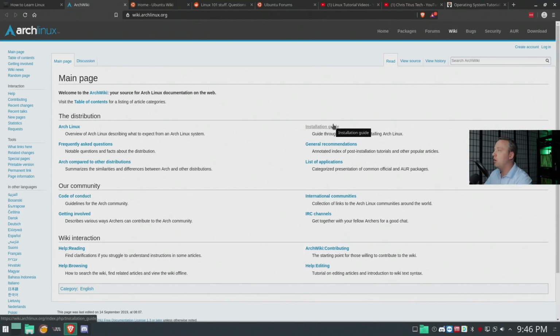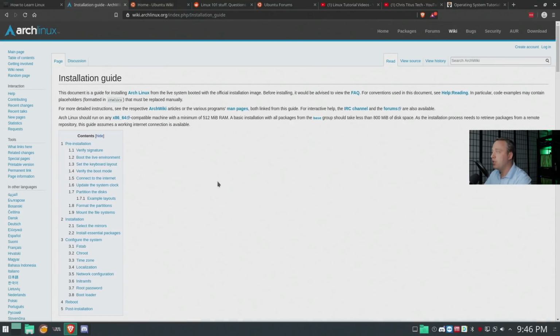When I went to install Arch Linux, I went through their installation guide, and it laid out what the essentials were for every Linux distribution. Sometimes the syntax differs from distribution to distribution, but for the most part, that's where I got my whole saying, Linux is Linux, because I learned so much in Arch Linux and was able to take that and use it in Ubuntu and Debian and a lot of other things. The only thing that was different was really the package manager and a couple little syntax differences.